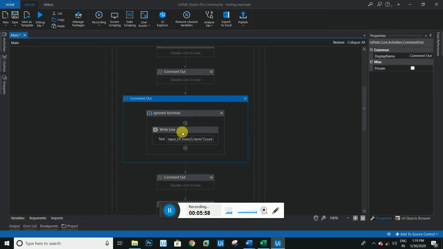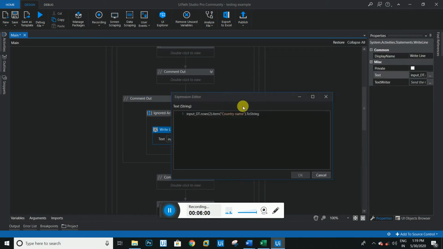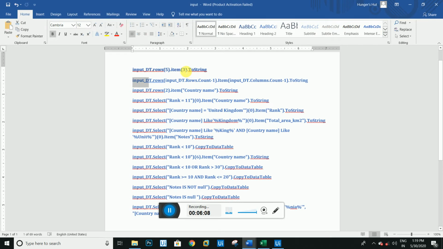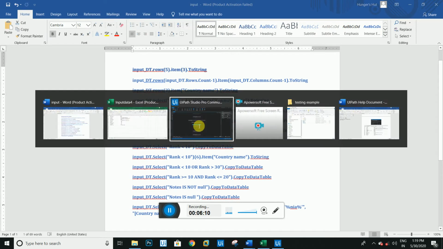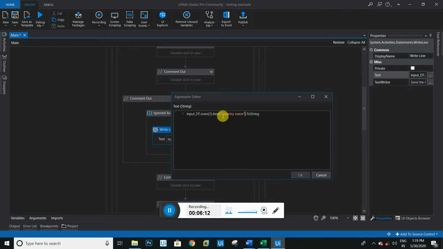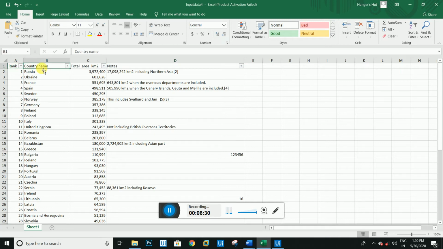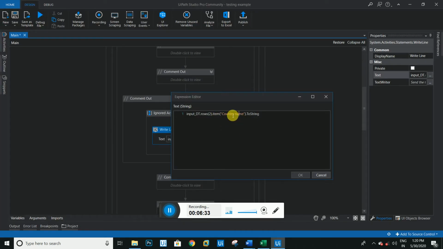So here, before we were using the index value. In the first example, we are using the index value like 3, but now in this example I will show you how to use the particular column name to fetch the record apart from the index value. If you don't know the index value, we will use the column name like a country name. What is the index of country name here, guys? 0, 1. This is index 1. So apart from index 1, I am using here the country name.